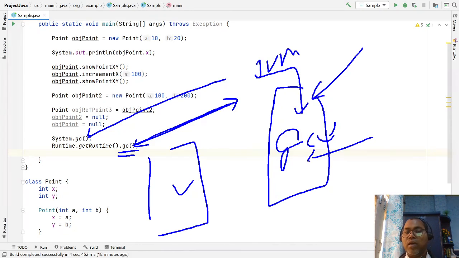GC will run on the basis of some priority and on the basis of the JVM arguments that were configured. So the basic rule is: you can request to run the garbage collector, but don't assume that if I invoke System.gc, the JVM will run the garbage collector at the same time and delete all the unused objects. No.